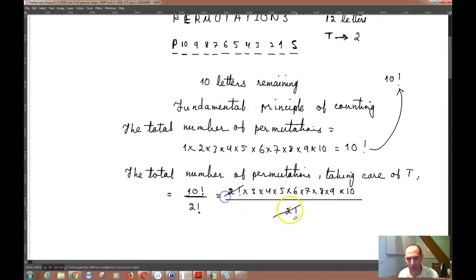And then you can cancel those out, and you'll be left with 12 times 5 is equal